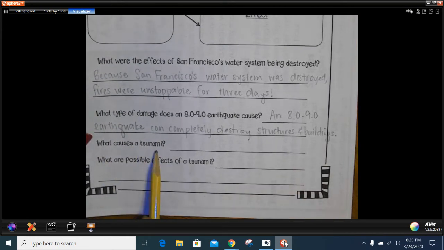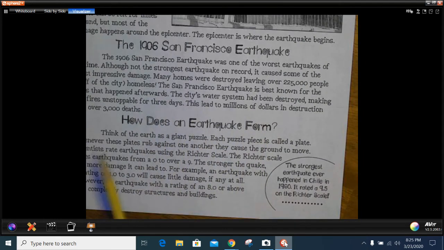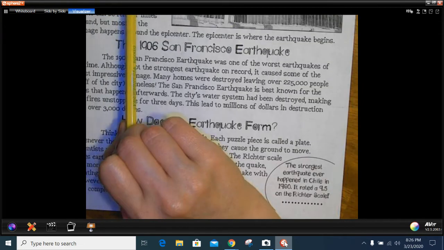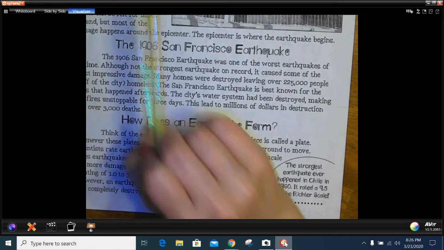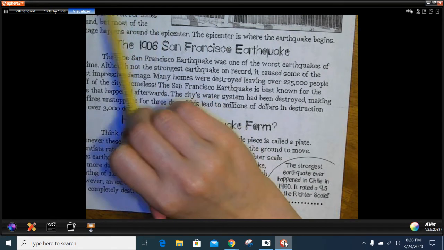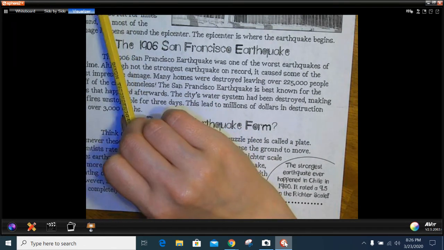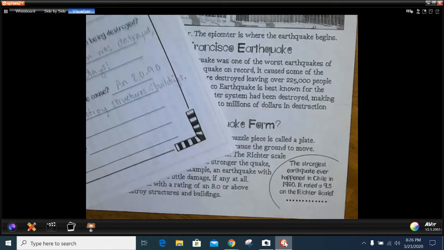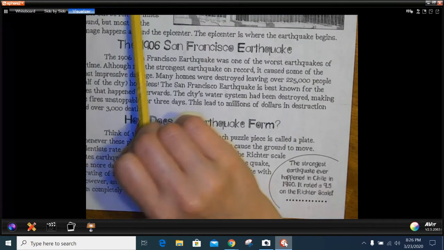What causes a tsunami? I remember reading about that a little bit later in the article, and let me just see. You guys are all probably staring at it right now. Here we go. Okay. Not later in the article at all. In fact, it was right in the beginning. See, and that's why you always have to look. If a quake occurs in the ocean floor, a huge wave of water called a tsunami can form. What causes a tsunami? Not bad.